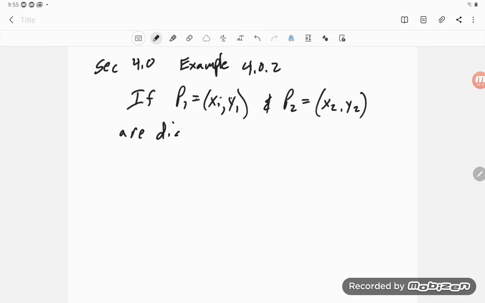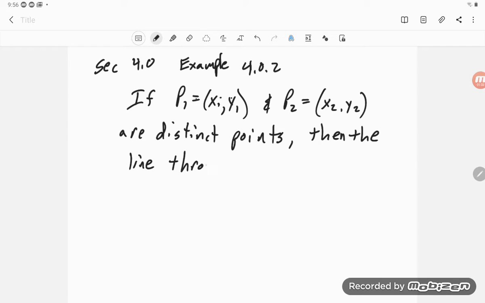So if these are distinct points, then the line through P1 and P2 has equation,